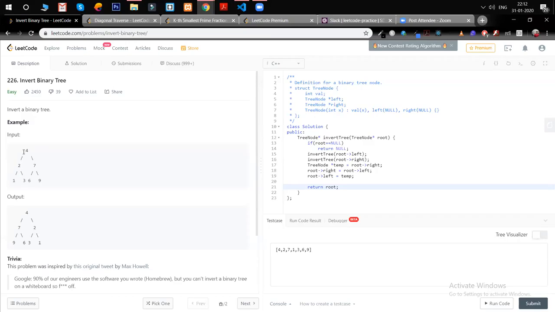If this 4 has two children and we store them in some auxiliary array and then reverse that, then yes, this approach might work. Basically, we'll have to do it from the bottom, while returning. We can't do it while iterating downwards, because if we change the children and then do it again, we are reversing left and right again. Yeah, so it's getting to the bottom and then traversing upwards, doing it while returning.